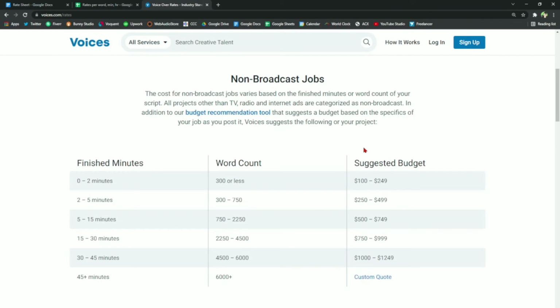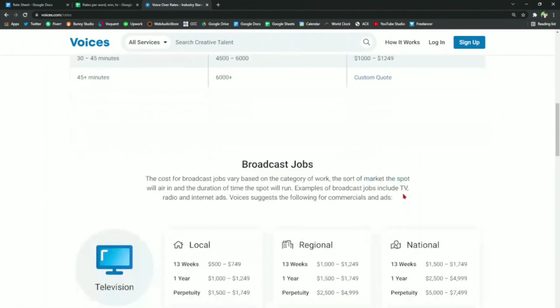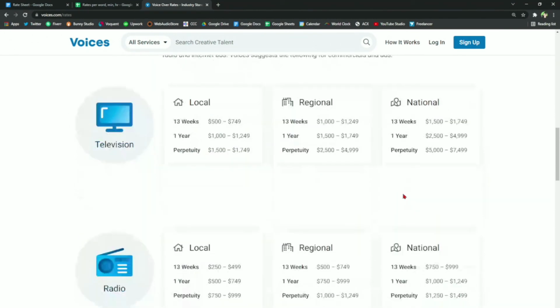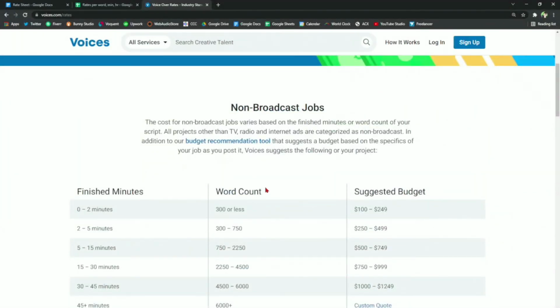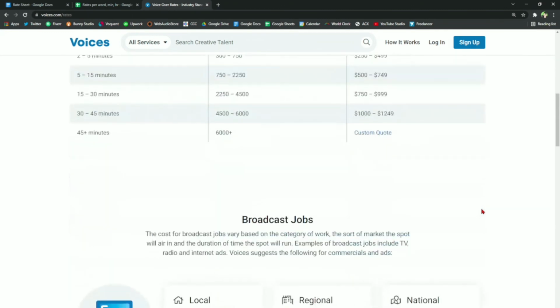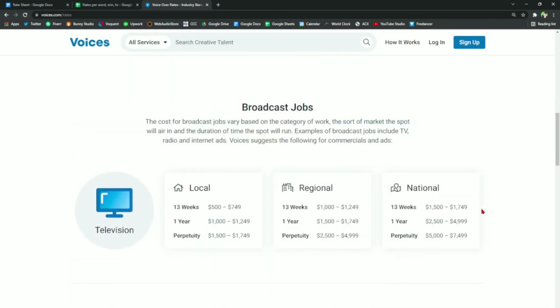And here at voices.com, the low end is $250. Oh, they even have a little word count thing. Okay, the low end of that is $250. I am not going to ask somebody $250 for something like that. You know, I tried using those at the beginning and I got nowhere. I got laughed at. So maybe once I get an agent, maybe once I start getting work on voices.com, maybe once I start getting more work, Bunny Studio, like my rates are going to go up. Like I said, these are my rates right now.